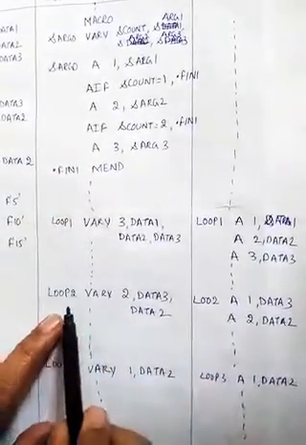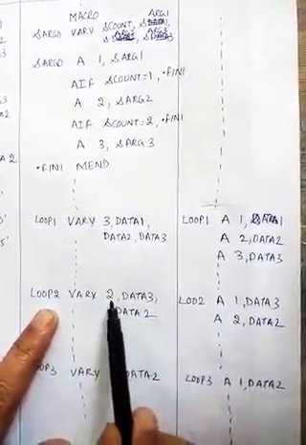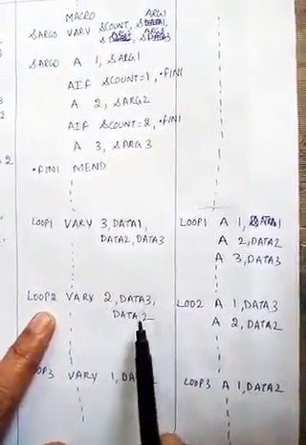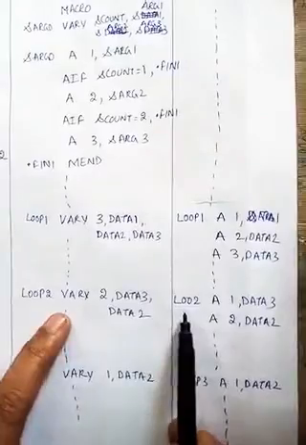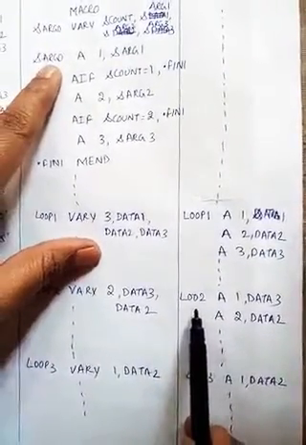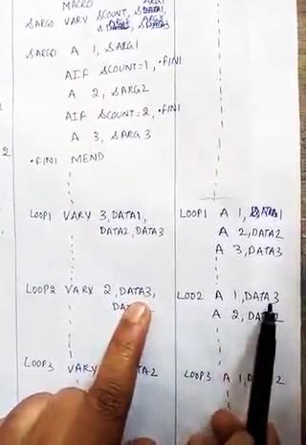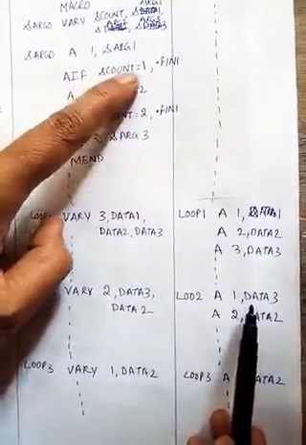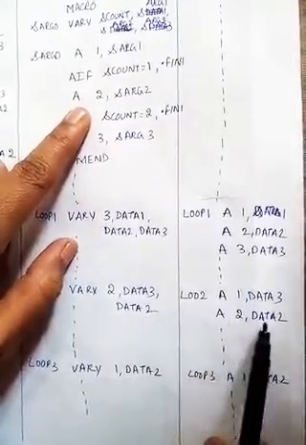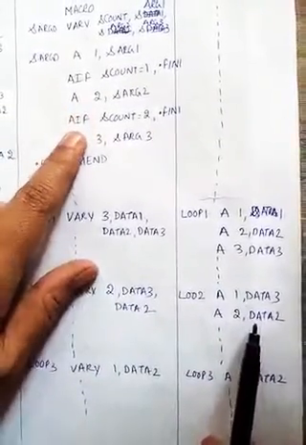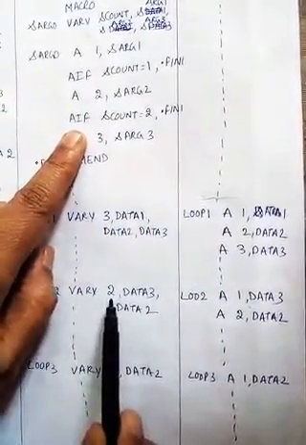Now I will write another macro call, but here the change is that instead of 3 I have selected only 2, with two data items. The order is data3 and data2. When this gets expanded, arg0 is replaced with loop2 and the first statement is A1 comma data3, the first argument supplied. Then AIF: is the count equal to 1? No, so it goes to the second statement and that will be written. Then the second AIF statement: here the count is 2, so the expression is true.